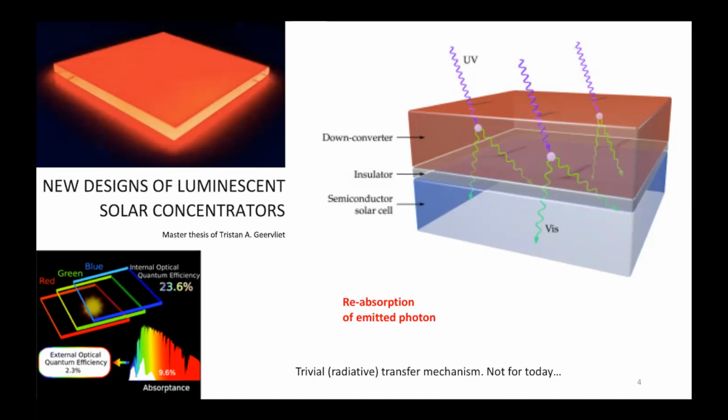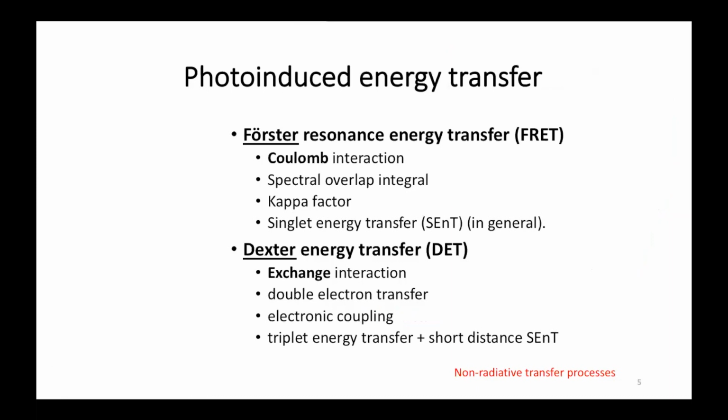This is what we can call a radiative mechanism, and although it can be applied and is very interesting in itself, this is not what we will discuss today. There are two theoretical frameworks that we can use to describe non-radiative energy transfer processes. We have the Förster Resonance Energy Transfer mechanism, Coulomb-based, it's a Coulomb interaction. And we have the Dexter Energy Transfer, and that is also called the exchange mechanism, and basically it is a